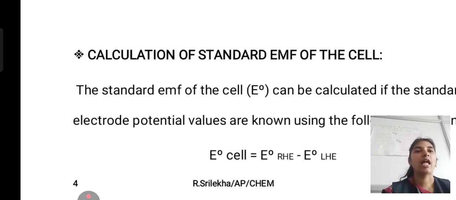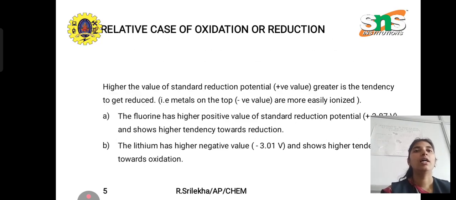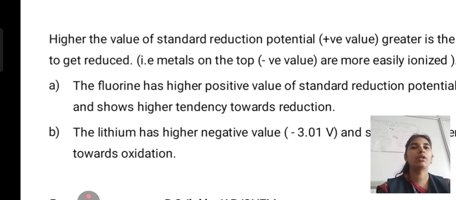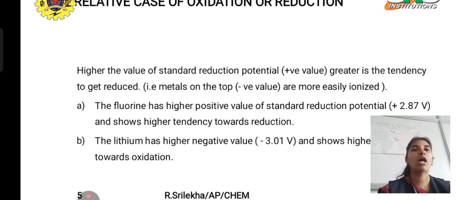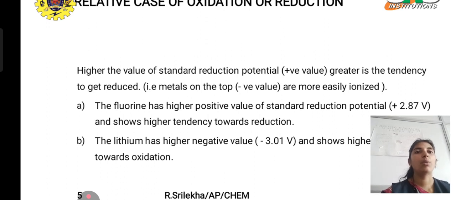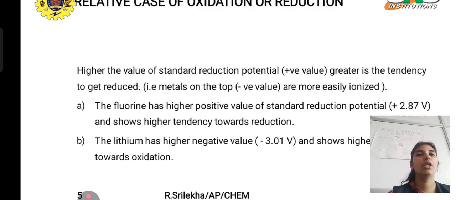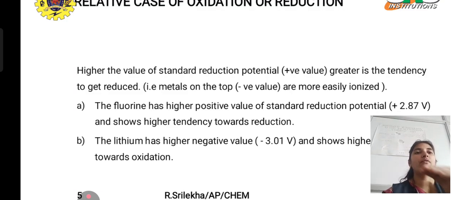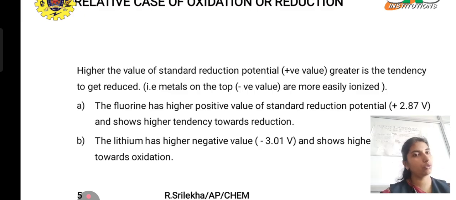The next is the calculation of the relative ease of oxidation or reduction. Here, the higher the positive value of standard reduction potential, the greater is the tendency to get reduced, that is, metals on top with negative values are more easily ionized. Fluorine has a higher positive value of standard reduction potential, that is plus 2.87, and shows a higher tendency towards reduction. Whenever lithium has a higher negative value, that is